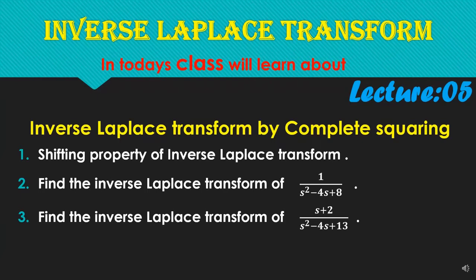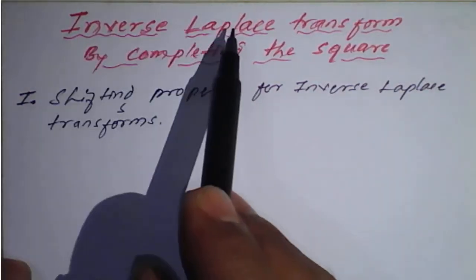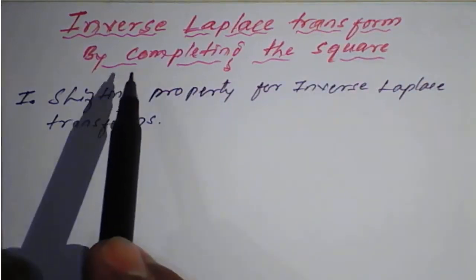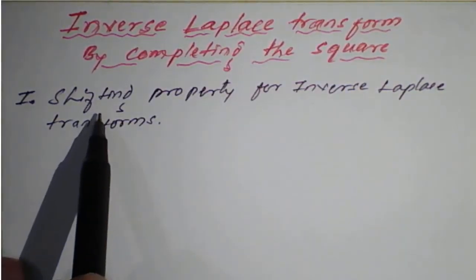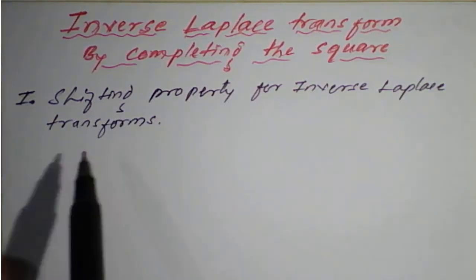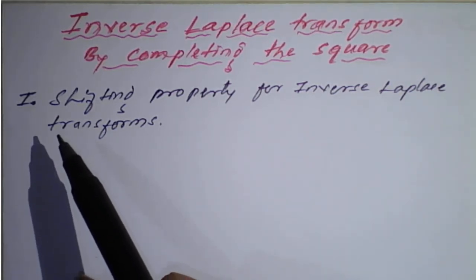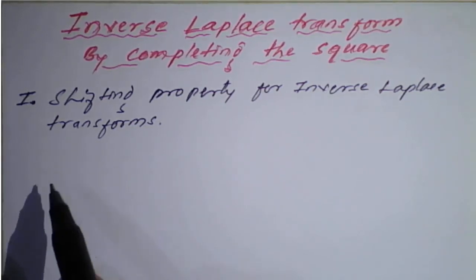4s plus 8, and the second problem is find the inverse Laplace transform of (s plus 2) divided by s square minus 4s plus 13. Inverse Laplace transform by completing the square. For completing the square, we need the shifting property for inverse Laplace transform. To simplify the examples of inverse Laplace transform by completing the square, we need one of the important